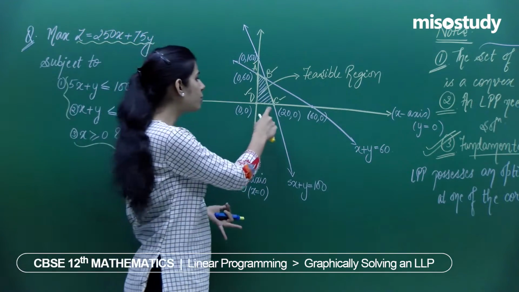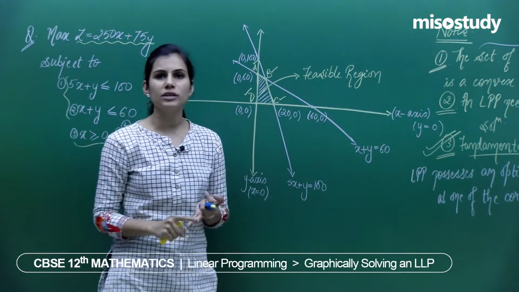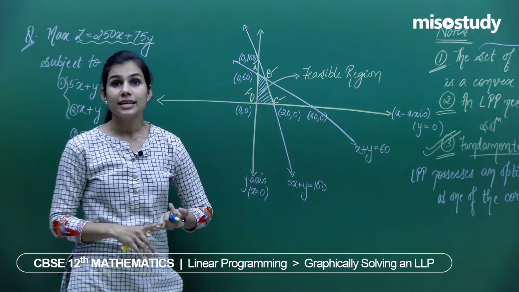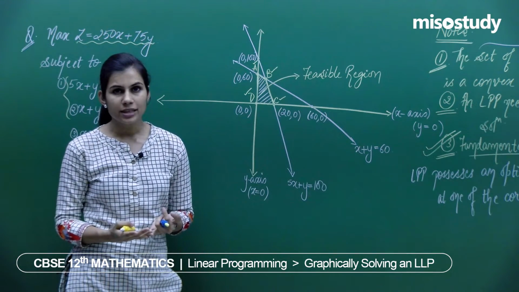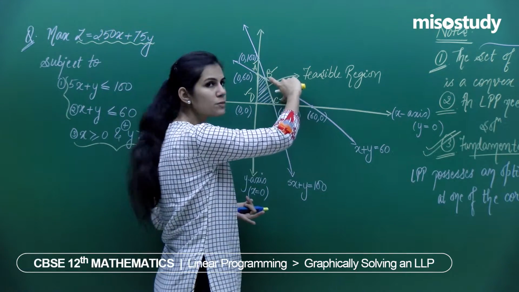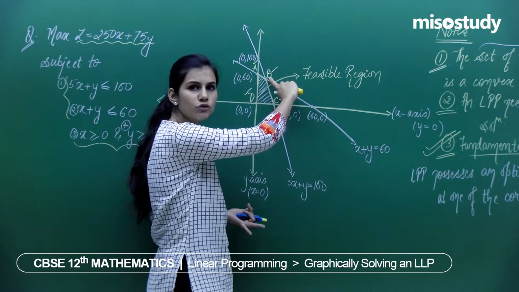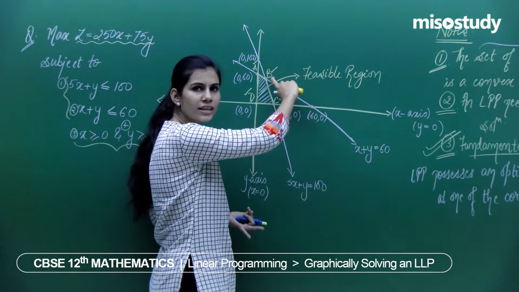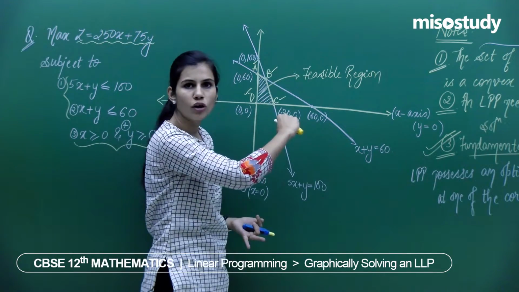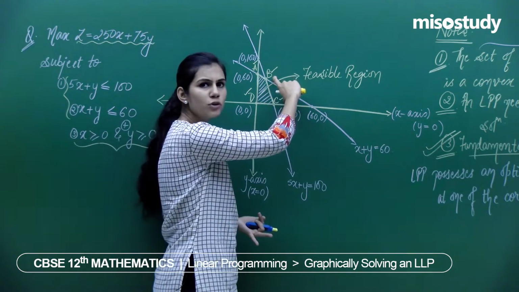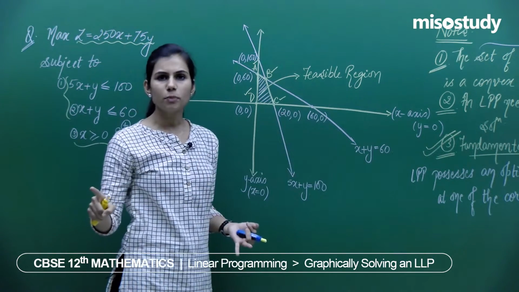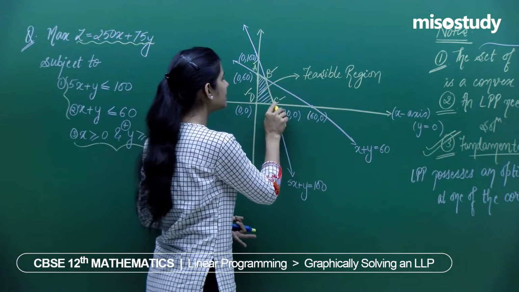It may happen that more than one point, suppose B and C are 2 distinct points at which I am getting the same maximum value of Z. In that case, I am getting 2 optimal feasible solutions, right? But whenever you get 2 optimal feasible solutions, suppose B and C, which are 2 distinct points giving me the same maximum value of Z out of the values of Z obtained at all the 4 corner points, then these 2 qualify to be optimal feasible solutions. But in that case, not only these 2 are optimal feasible solutions, but in fact the line segment joining them,